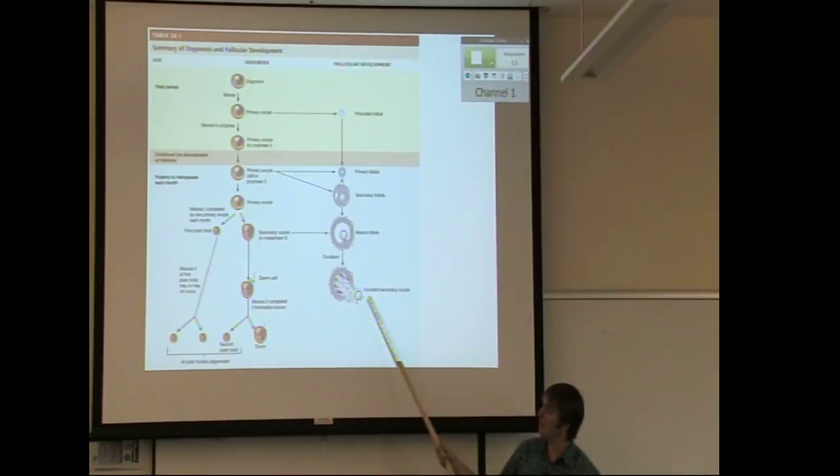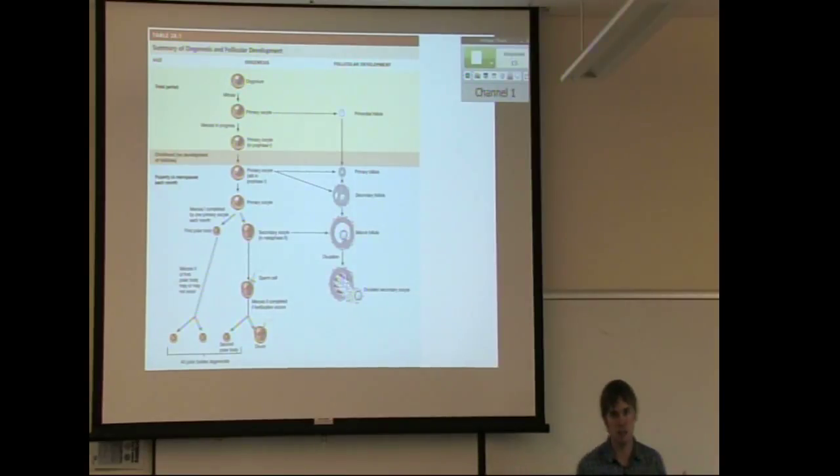So the ovulated oocyte is the secondary oocyte. We'll see that in a little movie. So basically just the oocyte comes out. It's called a ruptured follicle, and it'll be tossed. Where does it go? What structure does it go to? Yeah, it'll go into the fallopian tube next. We'll see that little video later. That's kind of the development.